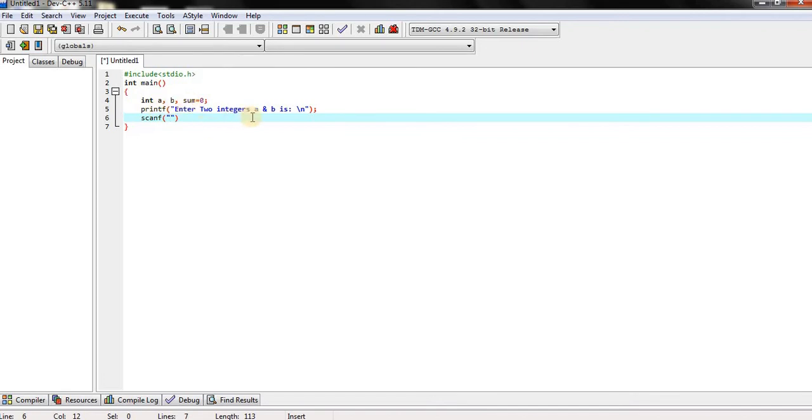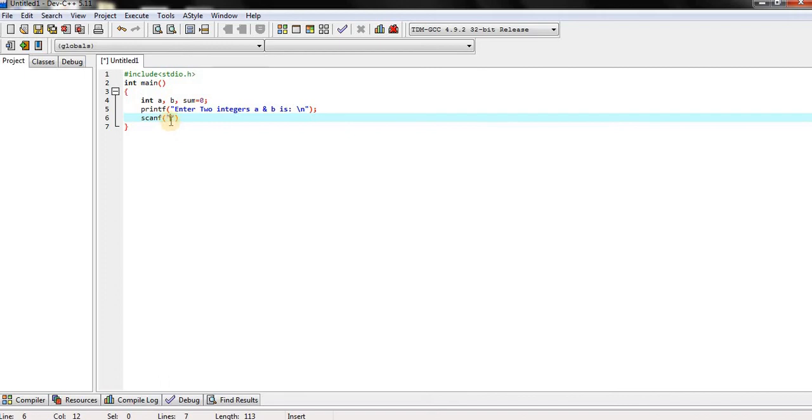We are entering only two variables a, b, and their values are assigned at runtime. Whenever we enter values, scanf stores the integer values at the addresses of the variables.